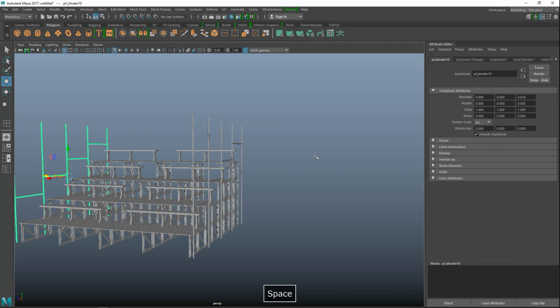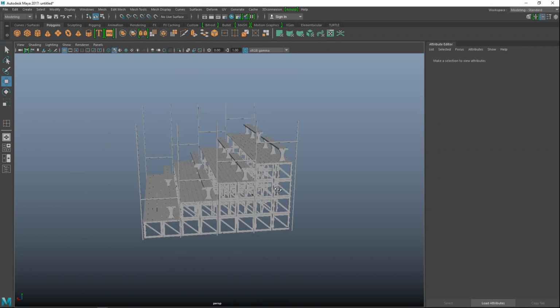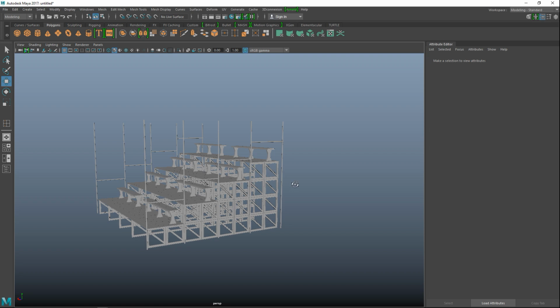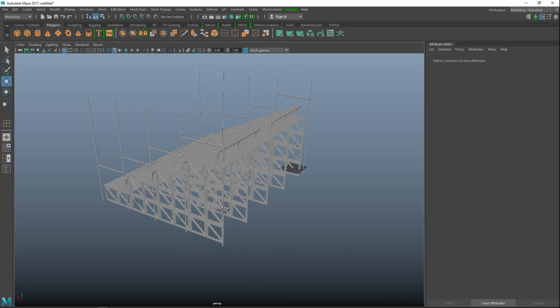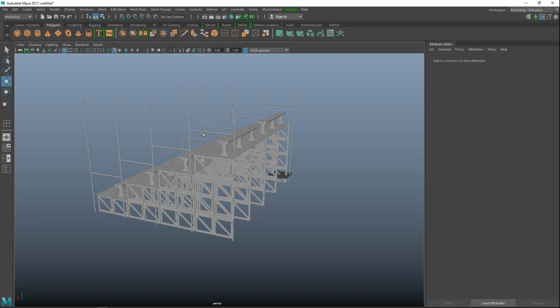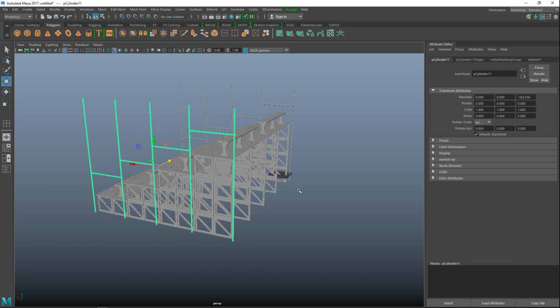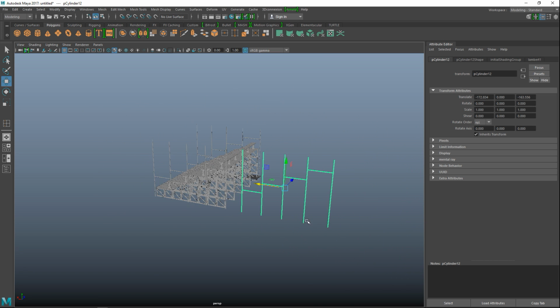Okay. And we're going to keep that height here on purpose. And then what we'll do is we'll take this guy, Control D to duplicate, push that back.